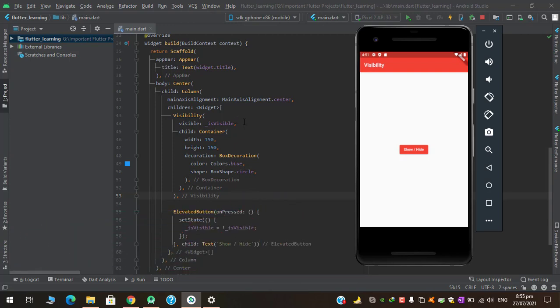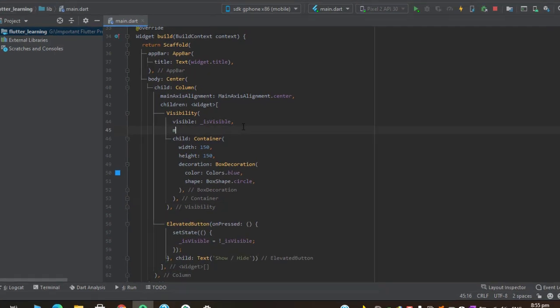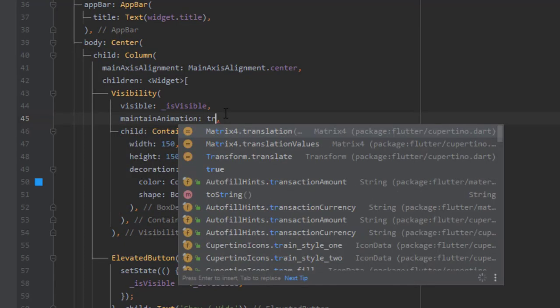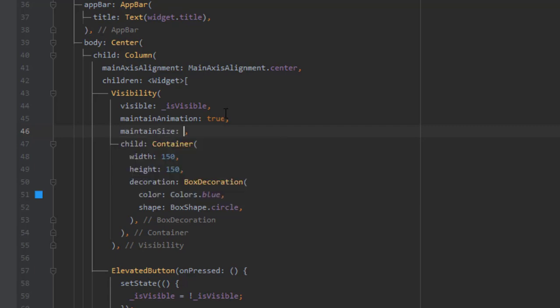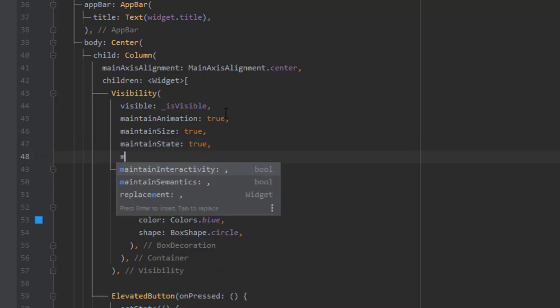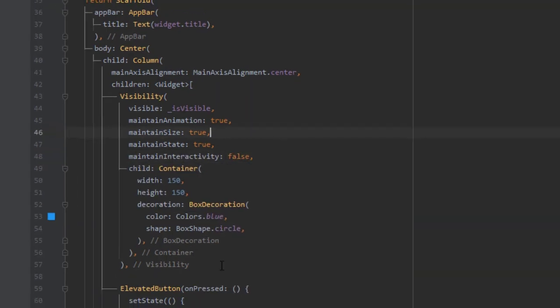So for that we have to use two or three more properties of Visibility. That is, set the maintainAnimation property to true, as well as maintainSize to true, maintainState to true, and set the maintainInteractivity to false. Now if you check,